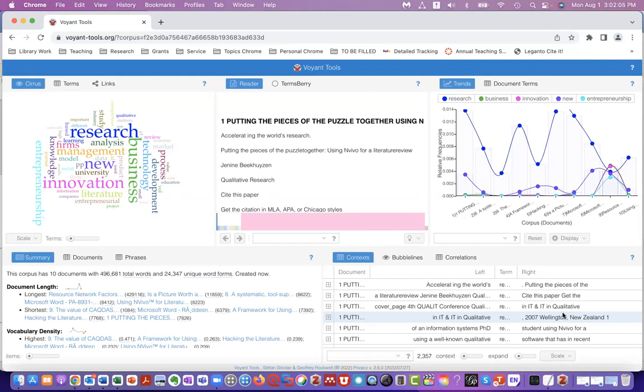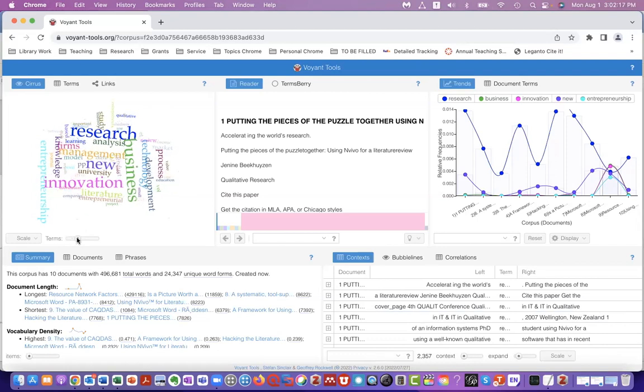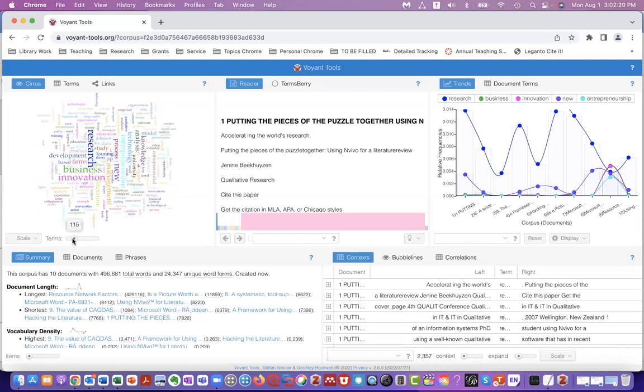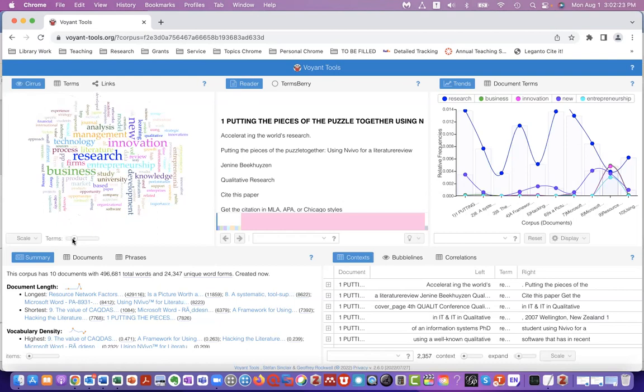abstract of each article. So this software provides a 5-panel representation of your data in different ways, such as this word cloud called Cirrus. And I can increase the number of words that we see. In the word cloud, you'll see words from the articles. The larger the word, the more commonly it is used. You can see in the word cloud which words are used most often in the different documents, and which terms are unique to each individual document in the summary